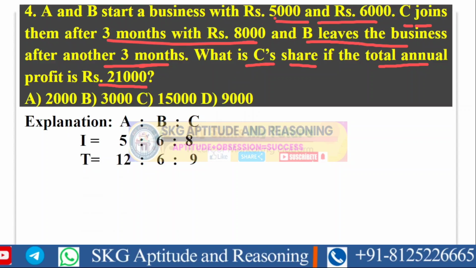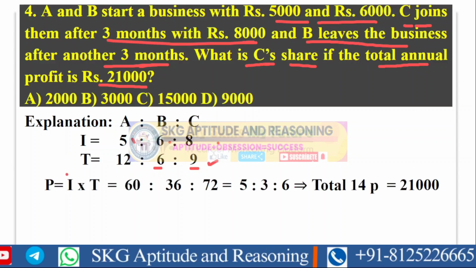The investment ratio is 5,000, 6,000, and 8,000. Eliminating the common three zeros, it becomes 5 is to 6 is to 8. The time period ratio: A was in the business for the complete year, B left after 6 months, so only 6 months, and C joined after 3 months from the start, so only 9 months. In order to get the profit, profit is equal to